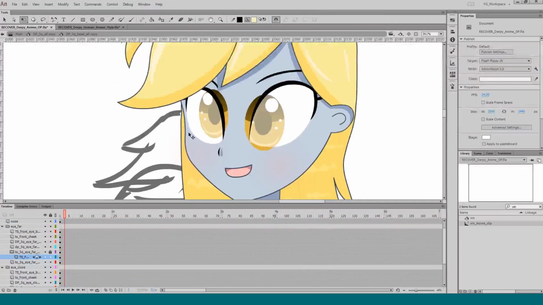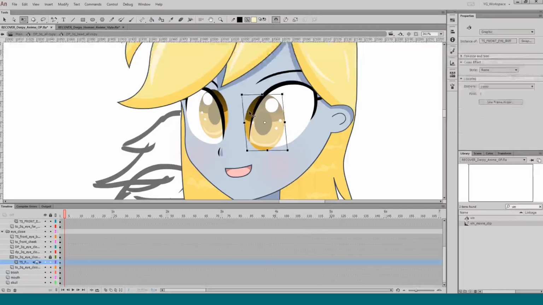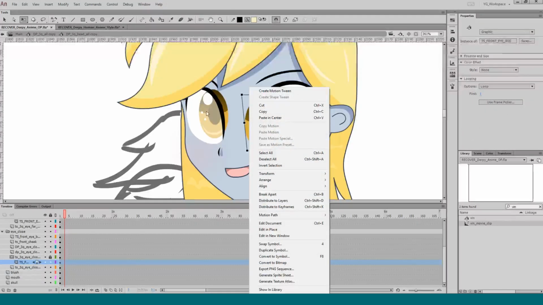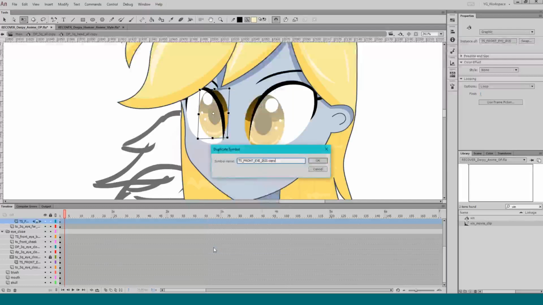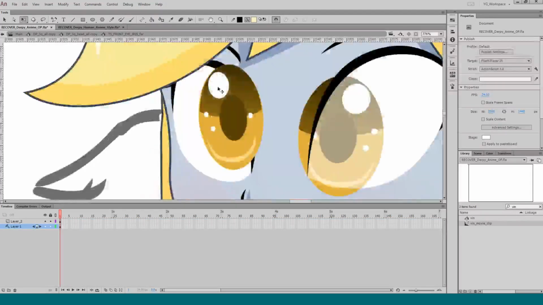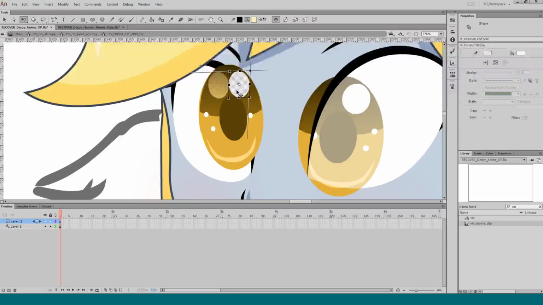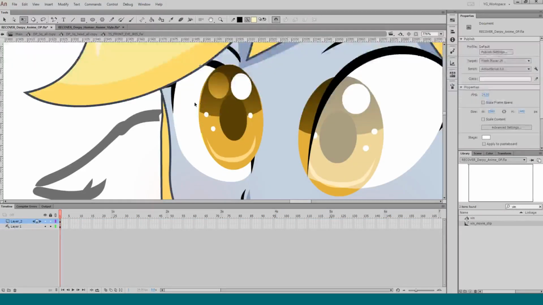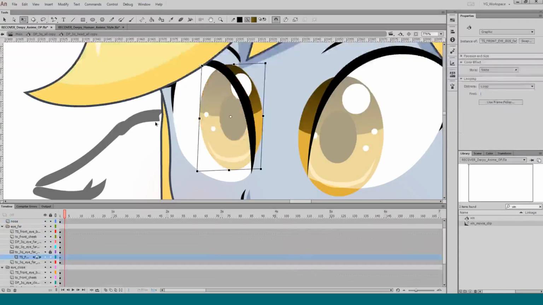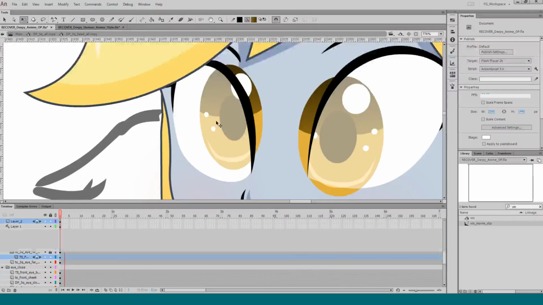I'm noticing now that this highlight is on the left and this one's on the right. So I'll duplicate it and call it far, as it's farther away. And I'll just move this over here. Boop. So now it's over there.